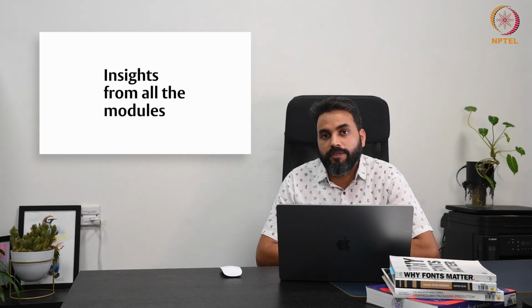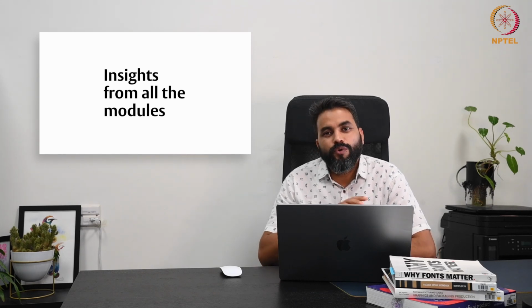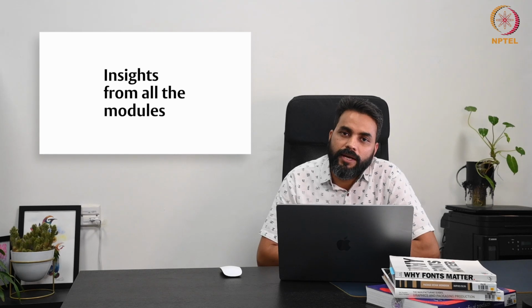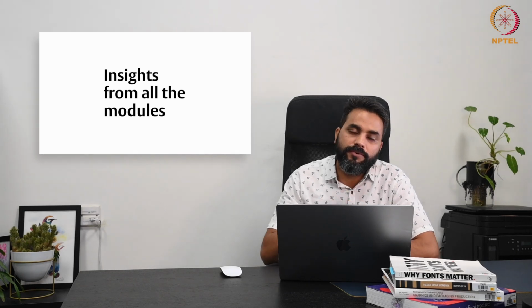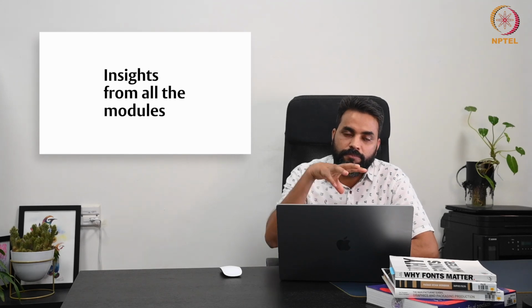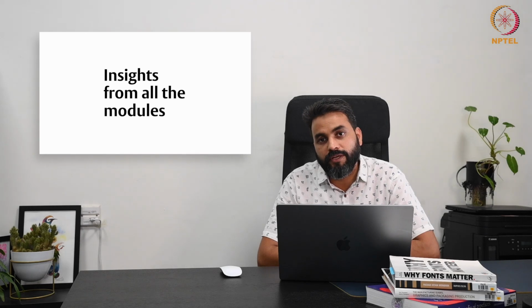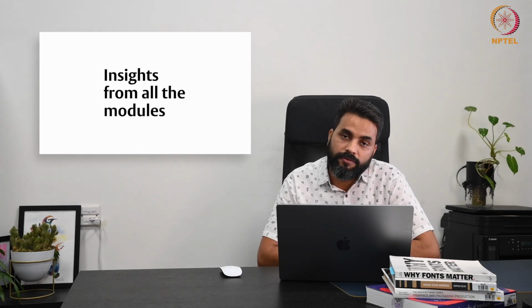And then further we looked into print and publication design. So the whole course was about understanding how these different facets, these different parts of graphic design, which is a big umbrella, come in and help to create a very strong message, and also help the designer to communicate with the user in a very effective manner.